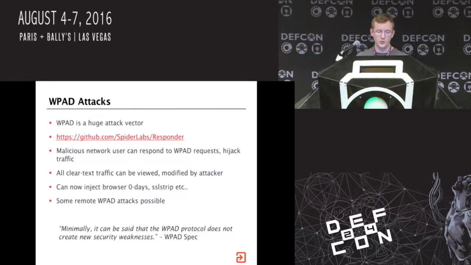There are a whole bunch of tools that will make it very simple to inject or spoof WPAD responses. And if you can do that, you can then target one machine or a whole bunch of machines and hijack all their traffic and route their web traffic through your malicious proxy. So that means that all plain text, non-HTTPS traffic can be modified and viewed by the attacker.